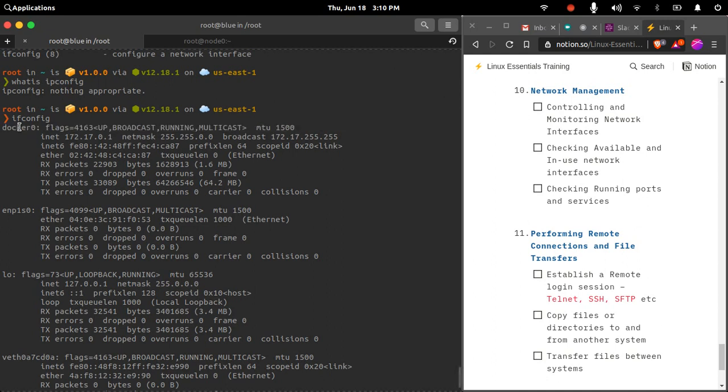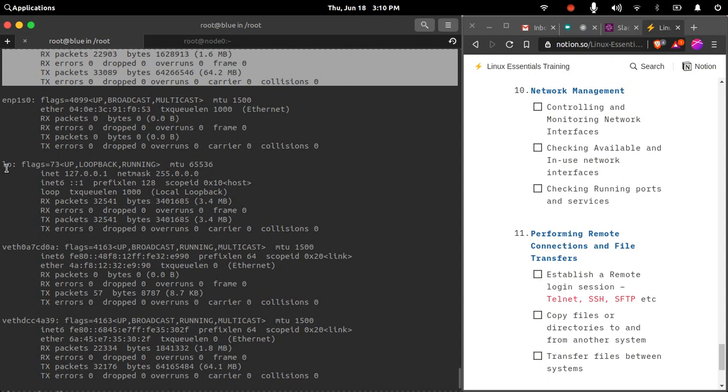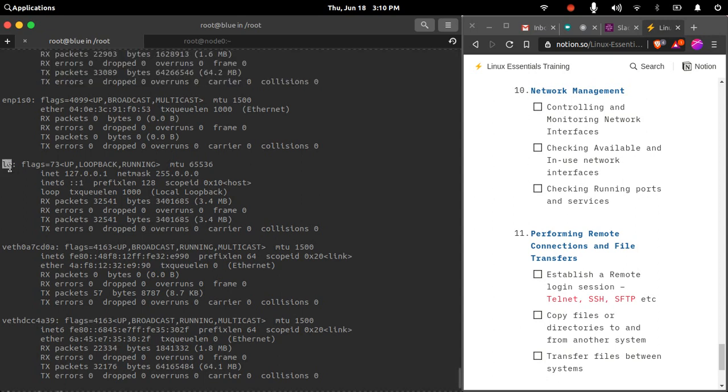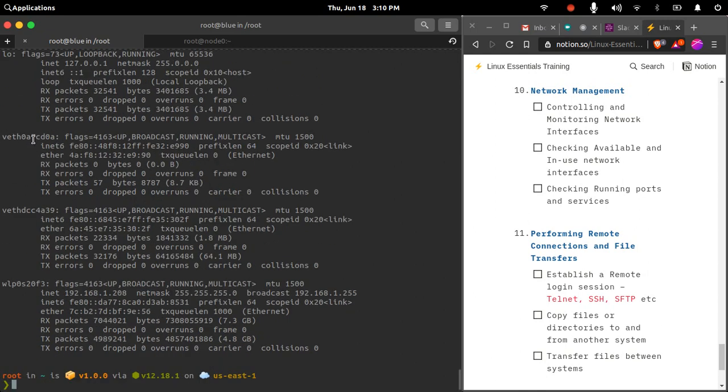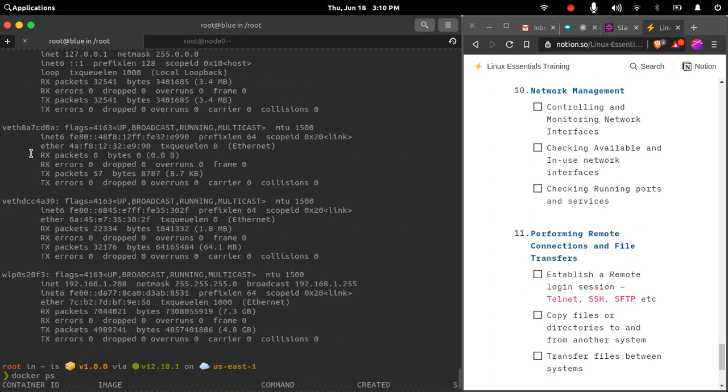This is the interface that is used by Docker. Docker provides its own networking, so it installs a virtual network interface card on your system. Similarly, by default you will always have the lo device, which is your loopback address, your localhost address. It will be running irrespective of any of these other devices. These are also some virtual network interface cards that I currently have, because I have a few containers running. If I check the running containers, I have two containers currently running, and these two containers have these two virtual network interface cards.